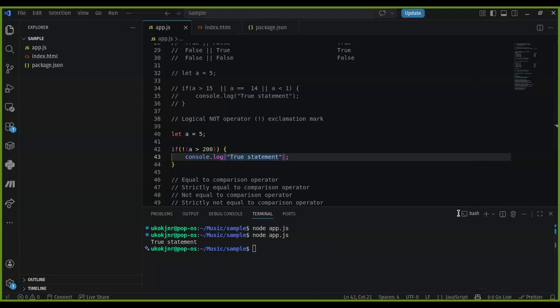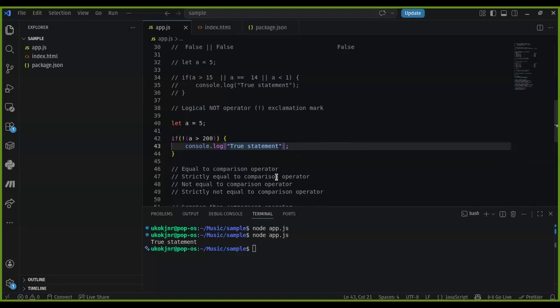Nobody saying anything. I hope all of us are here, right? Now, let's move forward. Since nobody's saying they are confused, let's move forward. Now let's talk about